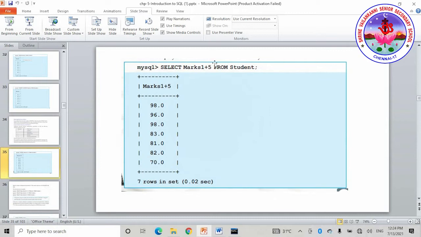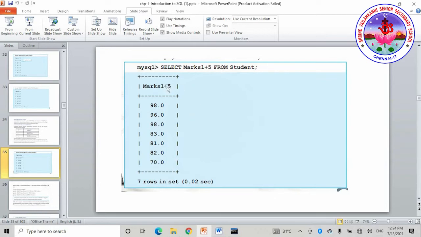And followed by that, see here, to apply arithmetic operators along with the select query: select marks1 plus 5 from student. In case you get an out-of-syllabus question in your question paper during the exam, whoever has attempted that particular question will be getting full marks, right? So in that case, we will be adding the marks for those students. To add marks in that case, we can go with these particular arithmetic operators when we work with the table.